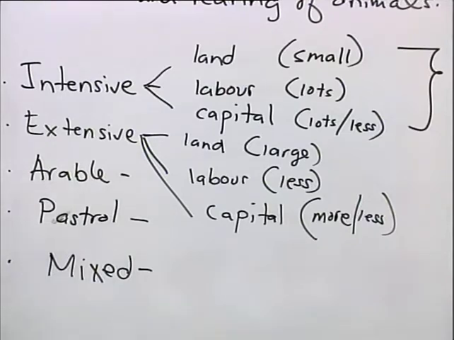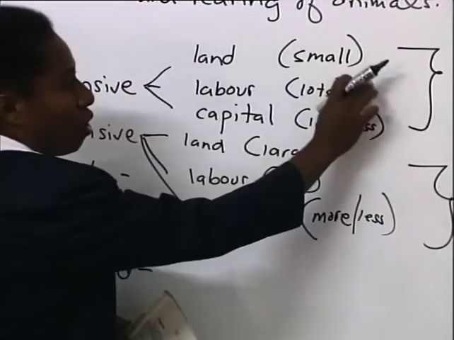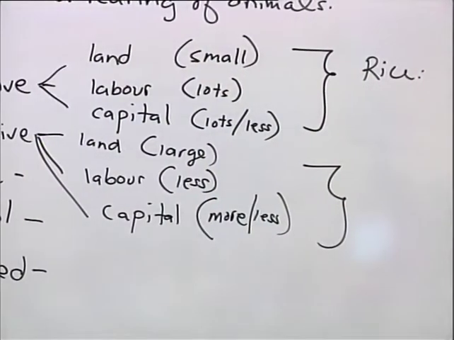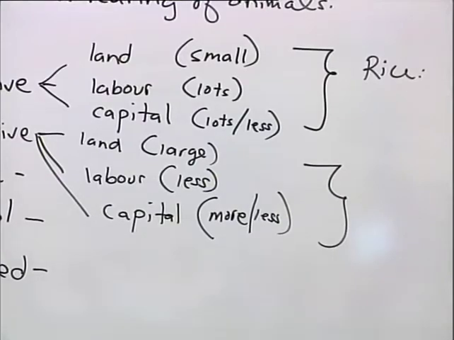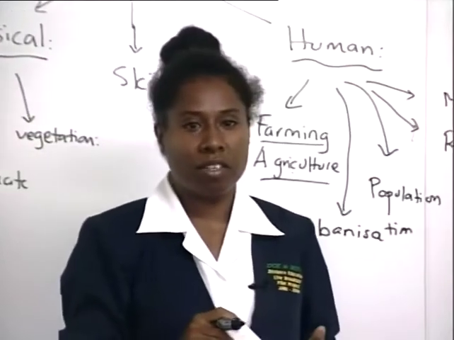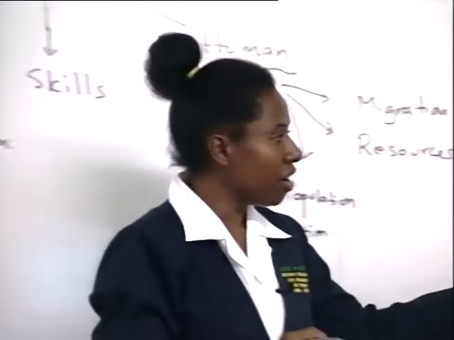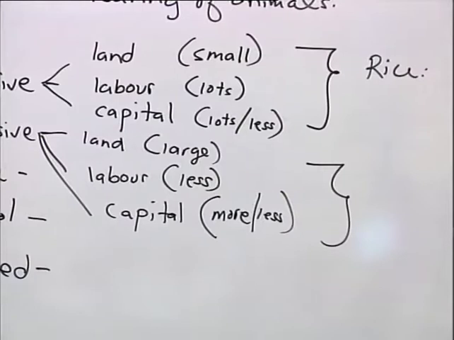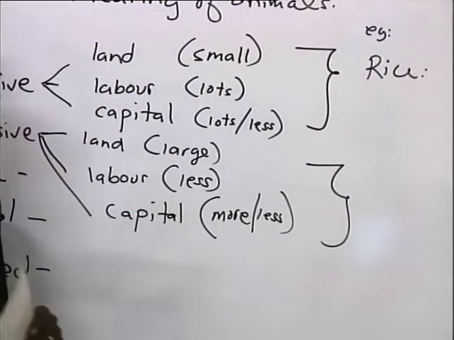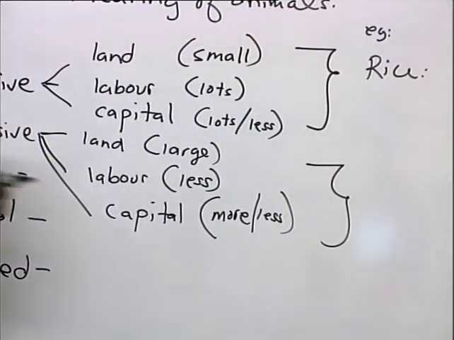Can you give me an example? Let's say an example of intensive we've looked at is rice farming. Can you give me an example of an extensive farming activity that you know of around the world? What would be a type of farming which is an example of extensive? Large area of land, less labor, but a lot of capital required for production and also processes within the farm. Mason, what do you think? Give me an example. Wheat farming. Wheat farming, good.